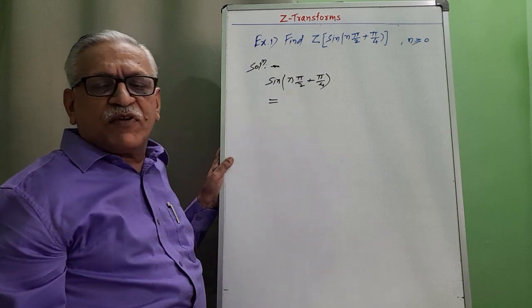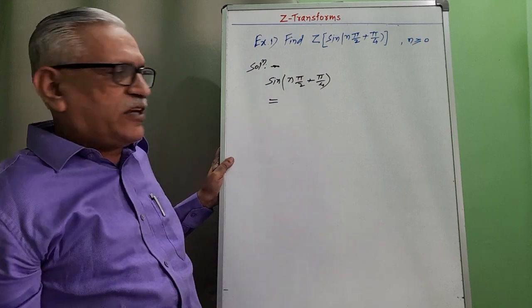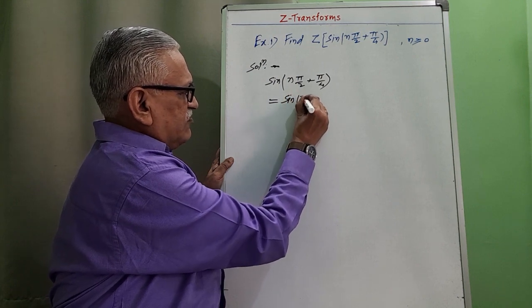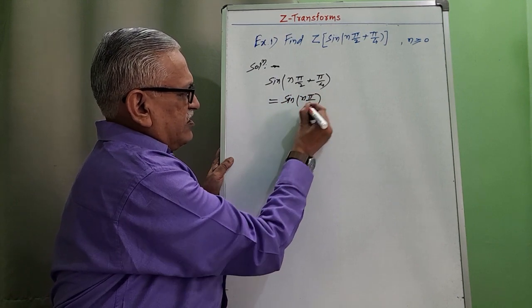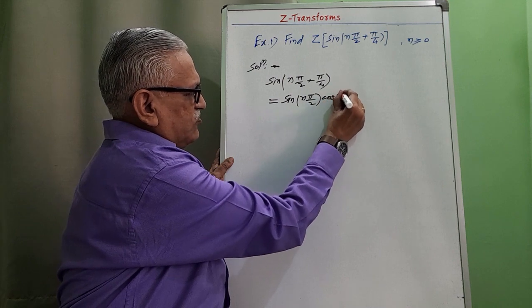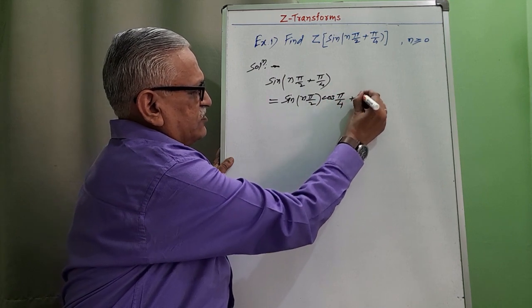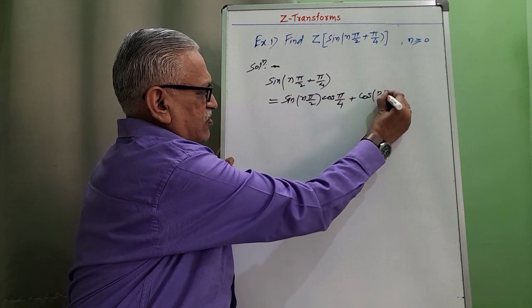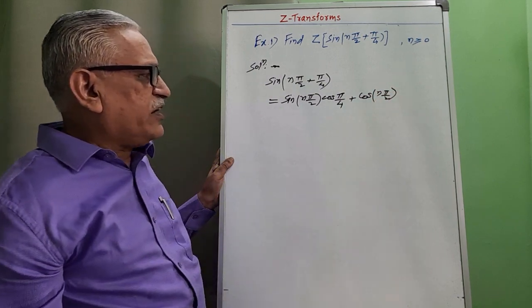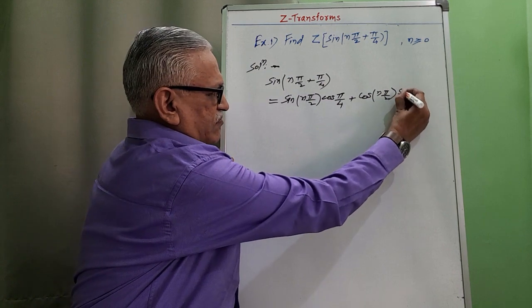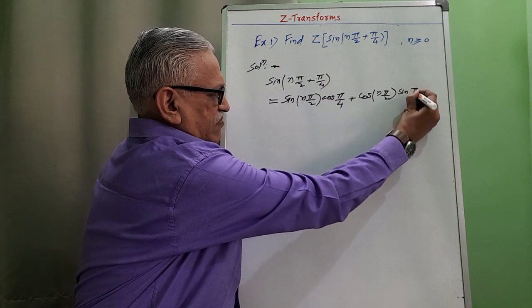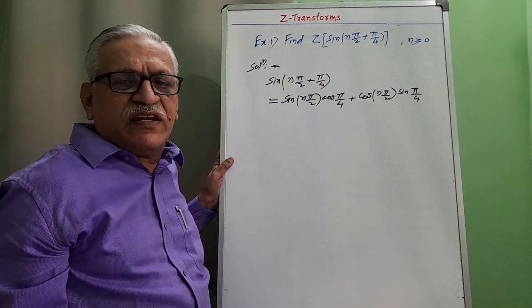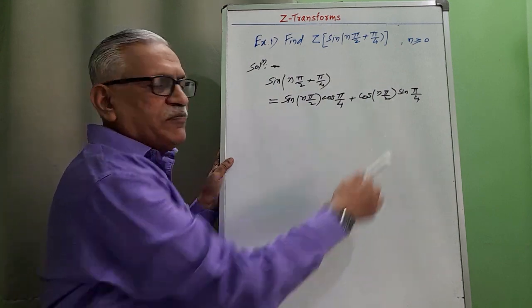as sin(a+b) = sin a cos b + cos a sin b, and therefore it is sin(nπ/2) into cos(π/4) plus cos(nπ/2) into sin(π/4). Once again I will repeat, sin(a+b) is sin a cos b plus cos a sin b, and